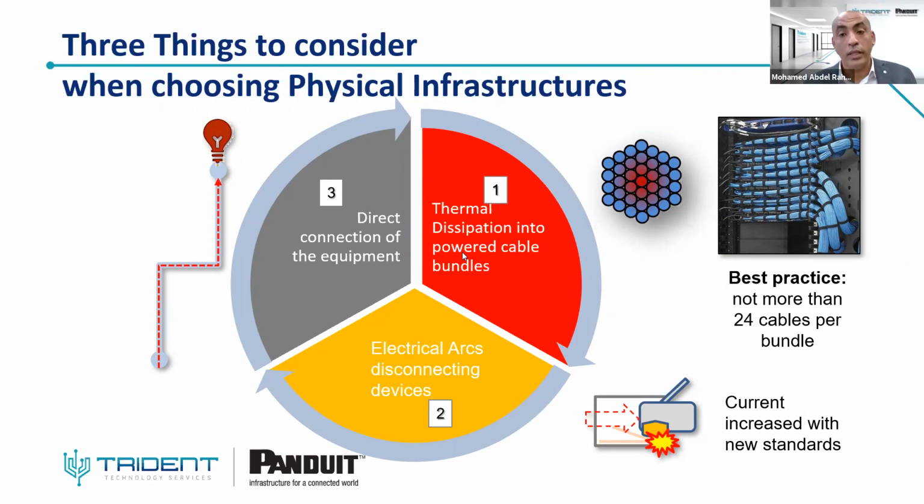Also, you need to follow the TIA and ISO recommendations that the maximum bundle of cables be 24 cables or less, to limit the heat generated by the current. So to limit this, you need to have small bundles, 24 or less, when you are talking about Type 3 and Type 4 PoE.